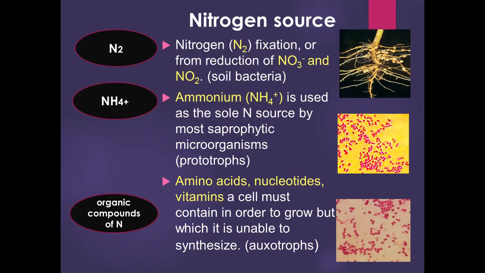The cultivation of auxotrophic bacteria is more difficult than prototrophs. They cannot grow in minimal nutrition media, cannot grow in simple nutrition media, and for them we use media with animal tissue, the blood agar, or agar with added brain tissue, or liver tissue, egg yolk, or yeast extracts, and